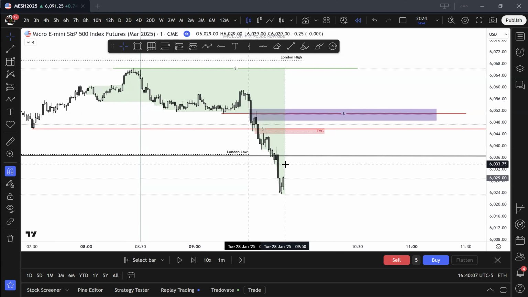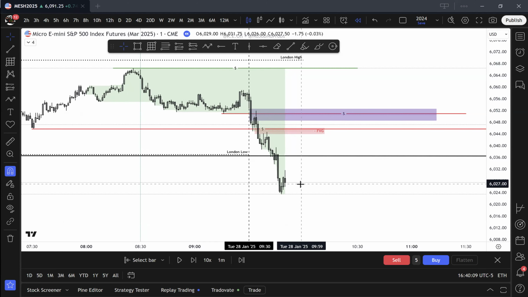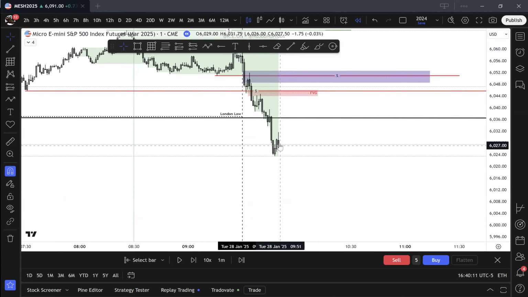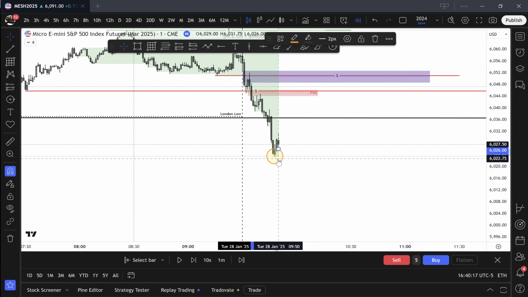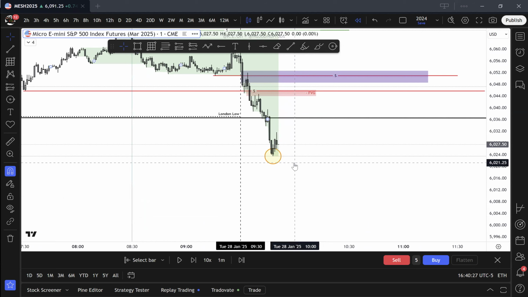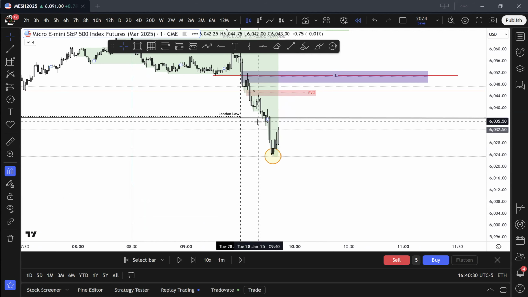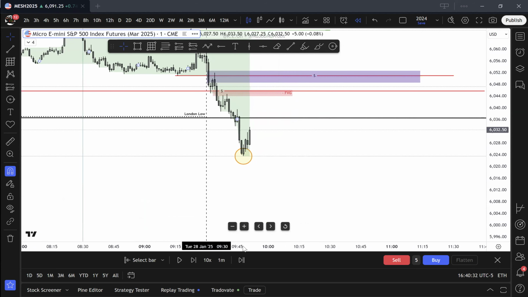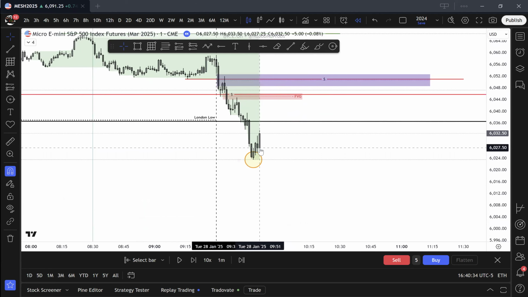So price just keeps continuing to dig lower. And then as you guys can see right here, we finally get what? Those two candles. So I'm going to mark this off as a low. And basically, what am I waiting for at this point? So we got one bearish candle. I want to see one more bearish candle, right? So boom. Instead, what we get right here, as you guys can see on this next candle, this 1 minute candle,